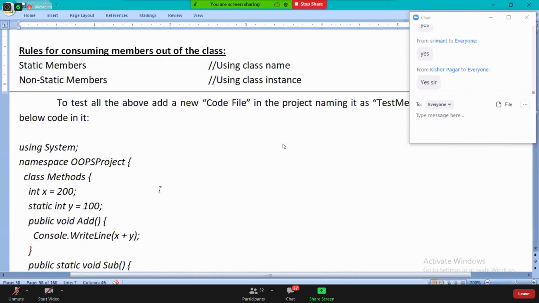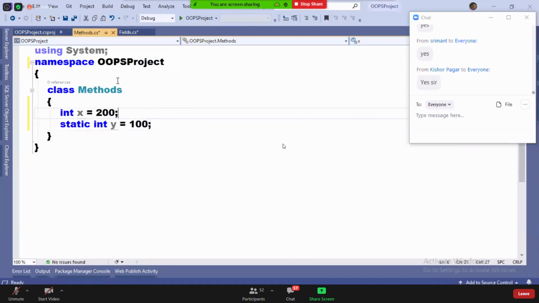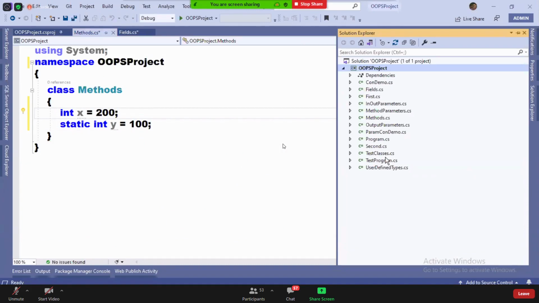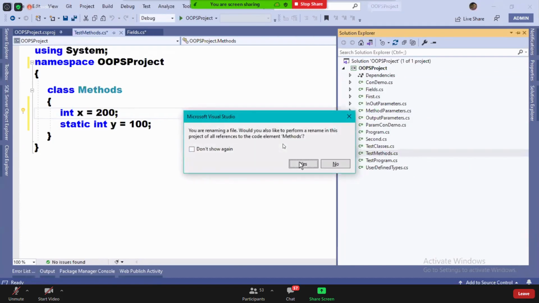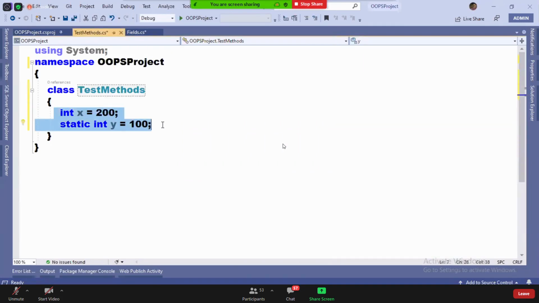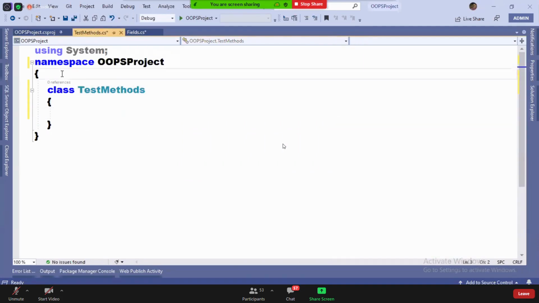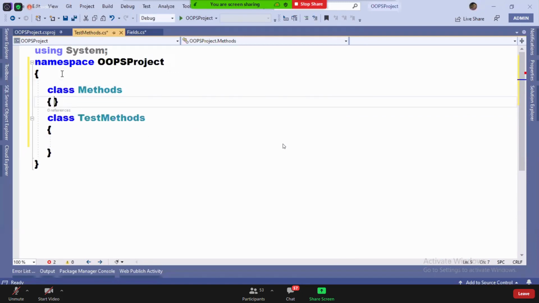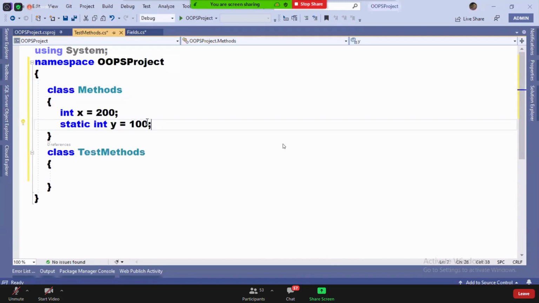Add a class with the name test methods. Now in a file, we already know multiple classes can be defined. I'm writing another class here called methods. Declare two fields here.